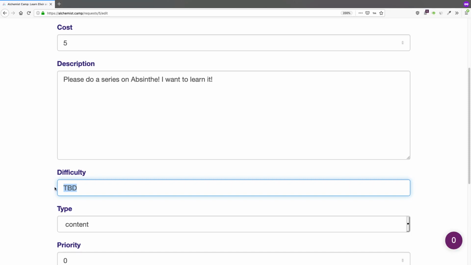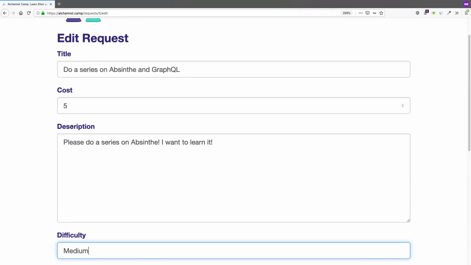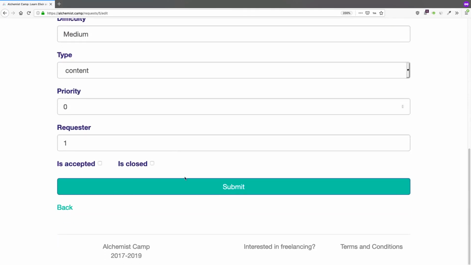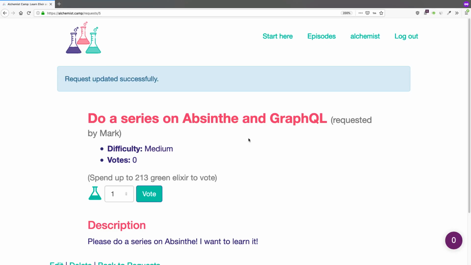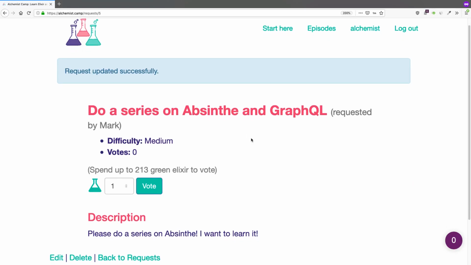It's actually a bit more work to do than a JSON API, so I'm going to say medium, and it's still content. And I'm going to say the cost. This is basically how much of my time I expect this will take. I'm going to say the cost is about 15, and then I submit, and you can see I now see the same thing everyone else does.